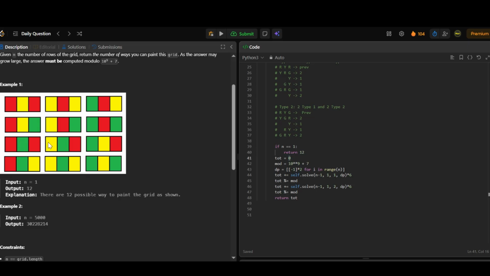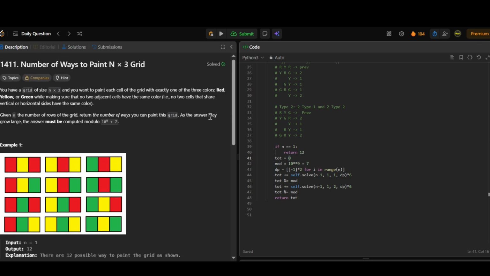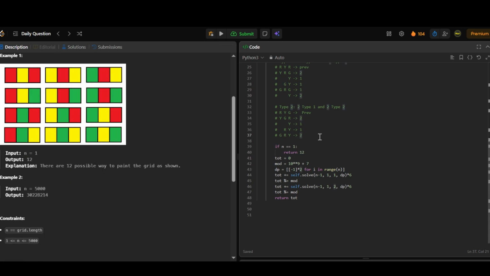So you start with red, and you have 4 options. Similarly, you'll have 4 options each when you start with yellow and green. In total, you have 12 options for row 1 with 3 cells. But you can't simply multiply the number of rows by 12, because you can see here